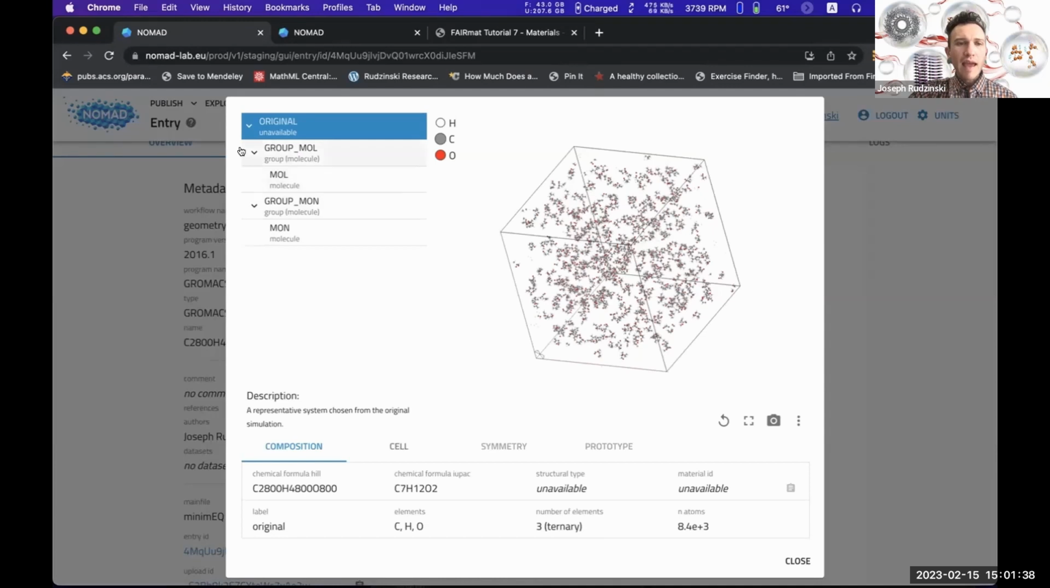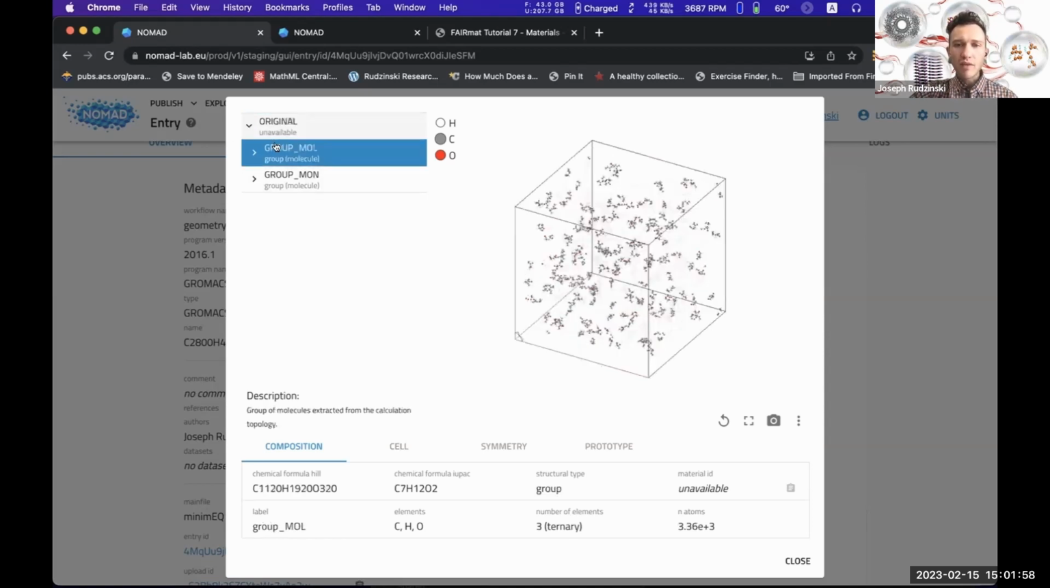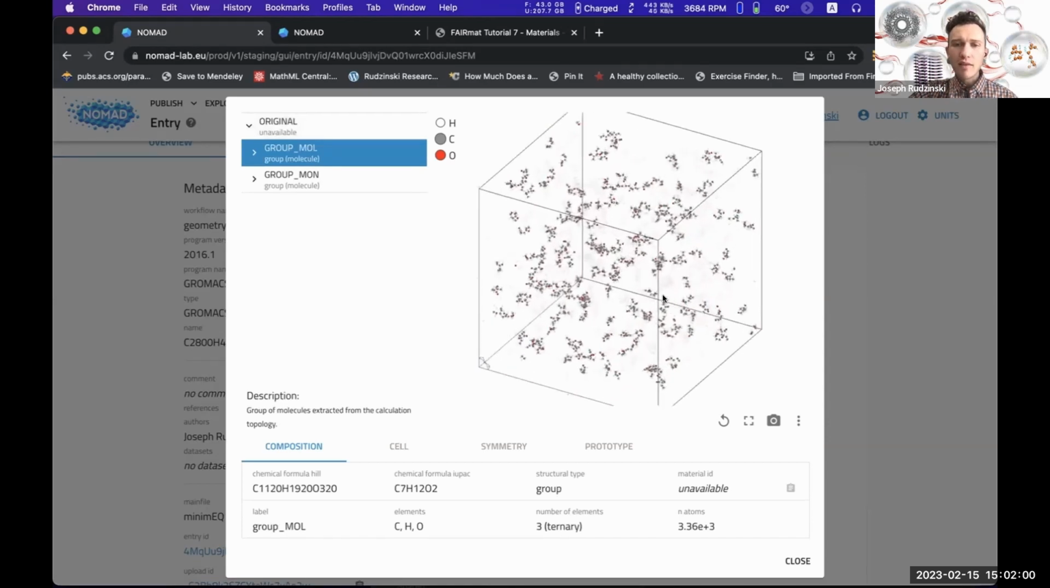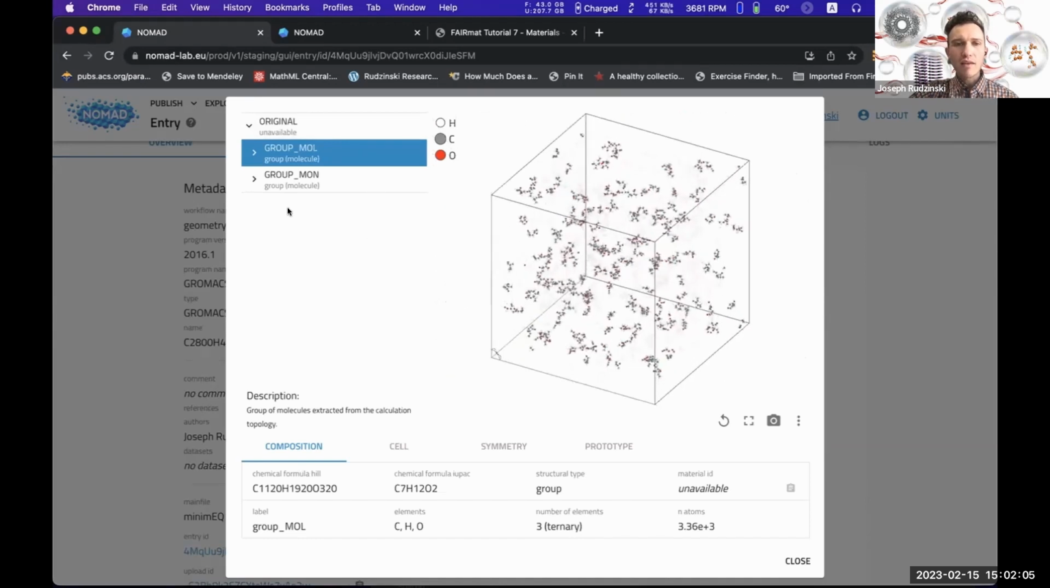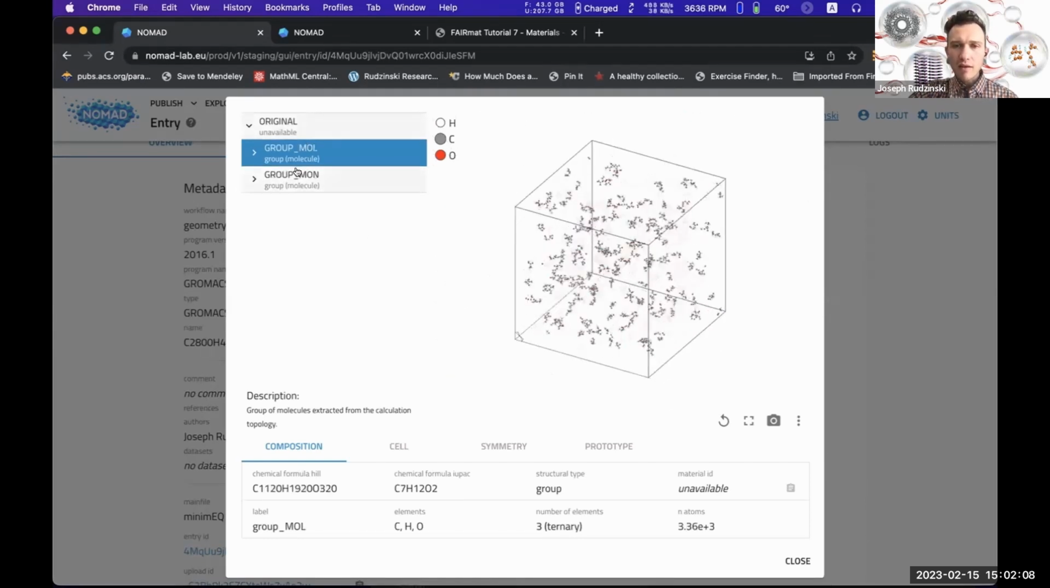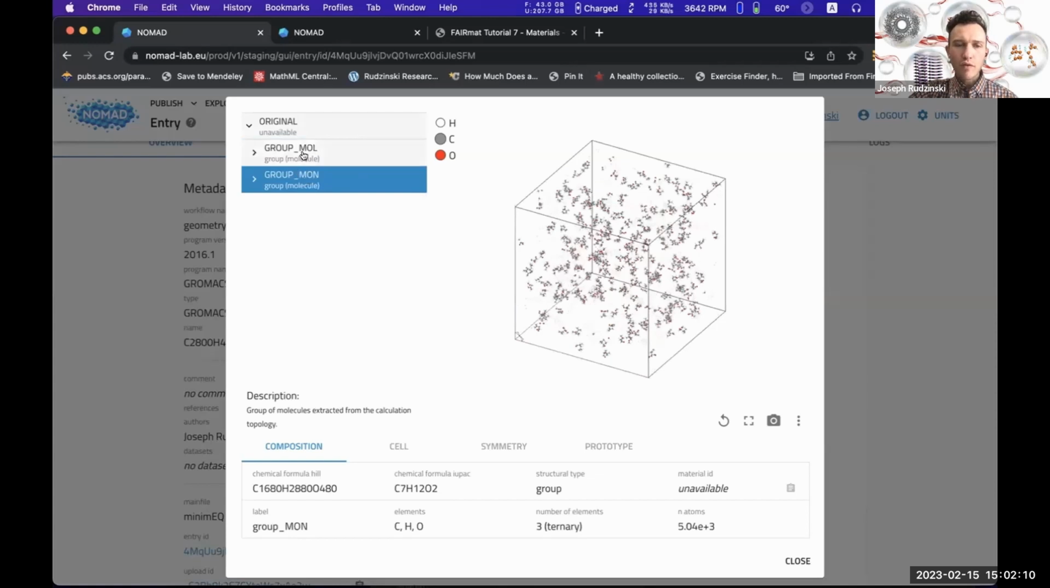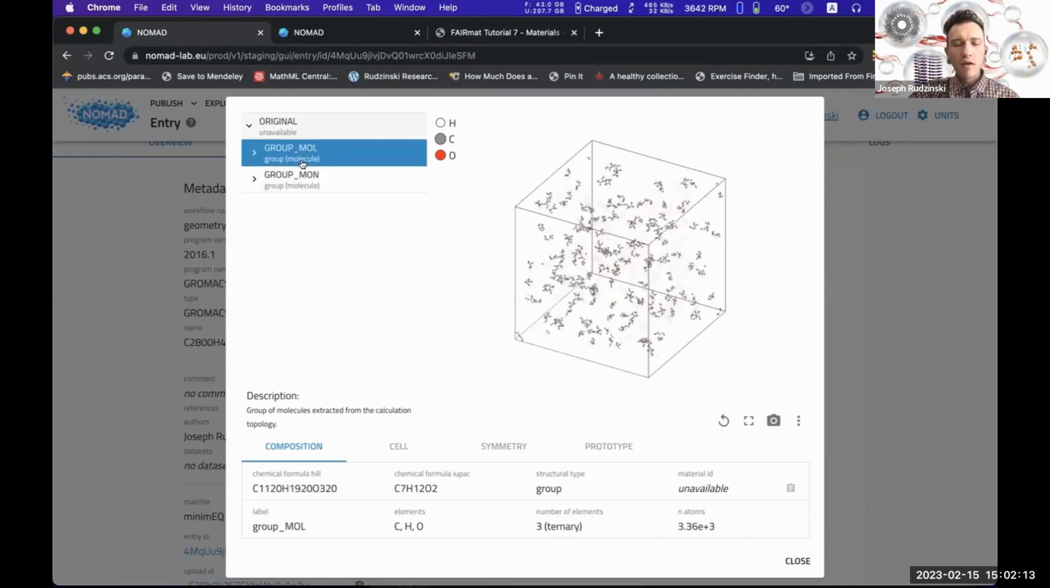relatively spread out. And here on the left-hand side, I have an accordion bar, which has the information of this topology or atoms group section. So there are two different molecule groups: the MOL group and the MON group. So there are two types of molecules in the system. And if I click on one of these, it's going to highlight those in this visualization, and make the rest of the molecules transparent. So I can very quickly see there are two types of molecules. And if I click back and forth, I can see that there are more of these molecules than these molecules